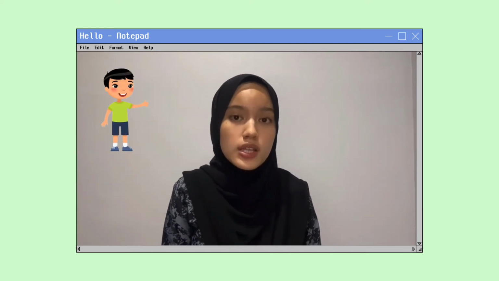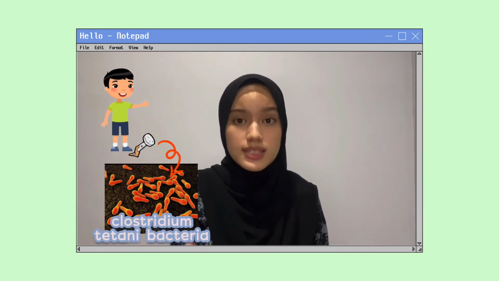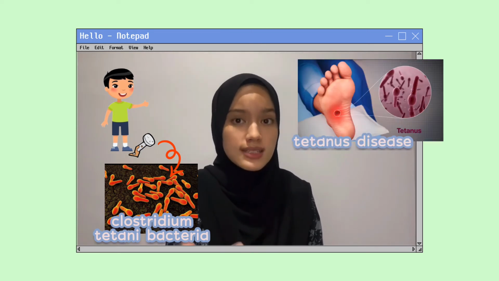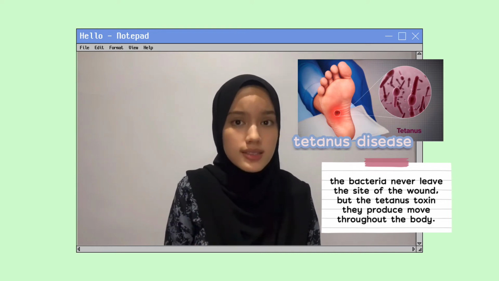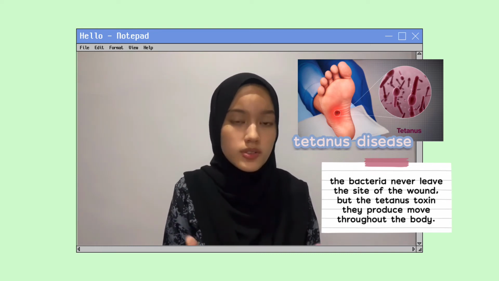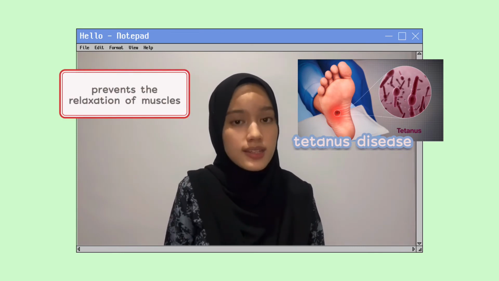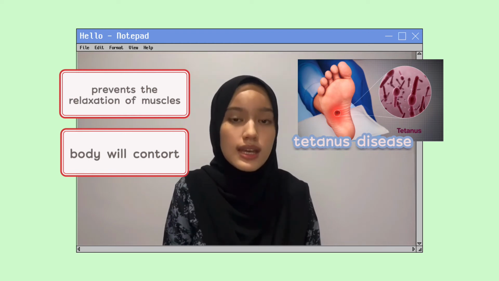For example, when someone steps on a rusty nail, Clostridium tetani bacteria can be injected deep into damaged tissue and produce a toxin that will cause tetanus disease. The bacteria never leave the site of the wound, but the tetanus toxin produced does move throughout the body. This toxin prevents the relaxation of muscles and the body will contort because all the muscles have contracted, and suffocation